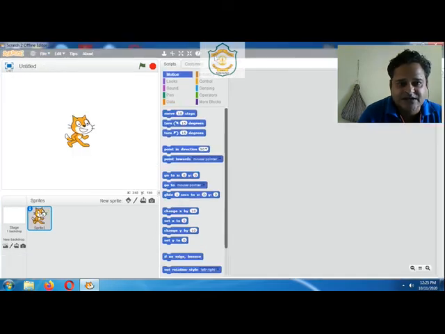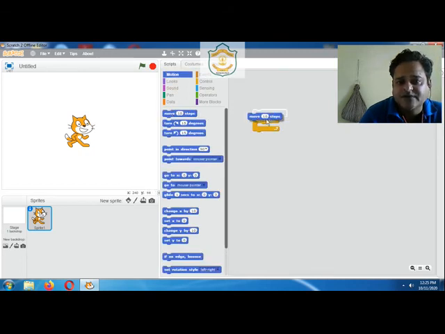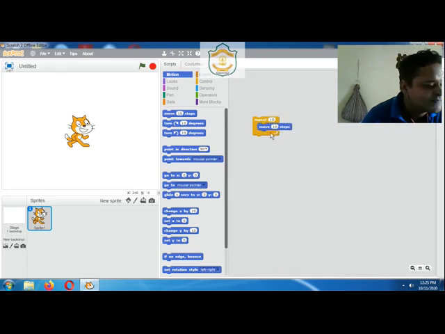I have started the new project again. Now here, first of all, let's place the repeat command. Now inside it, we give it motion, move 25 steps. We are following the example from the book itself.